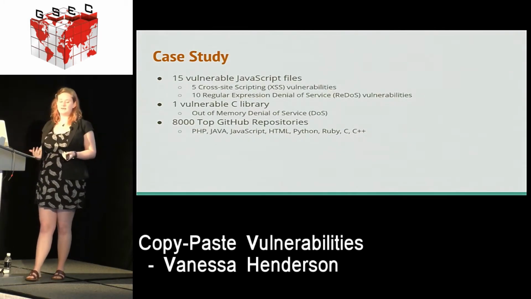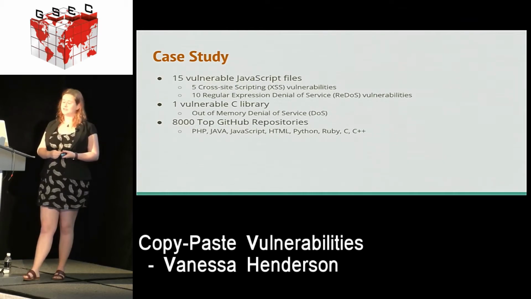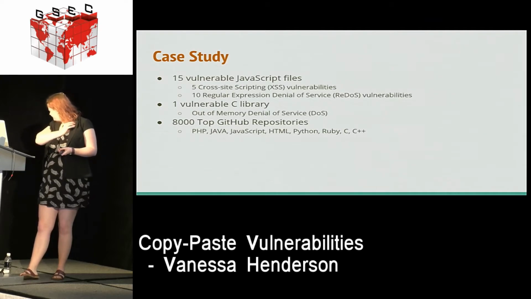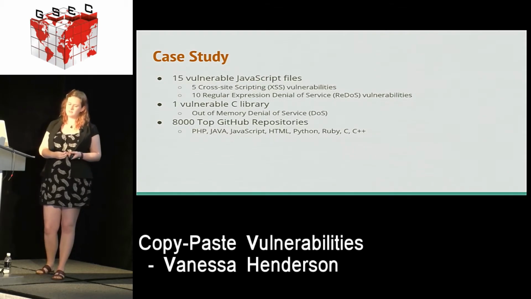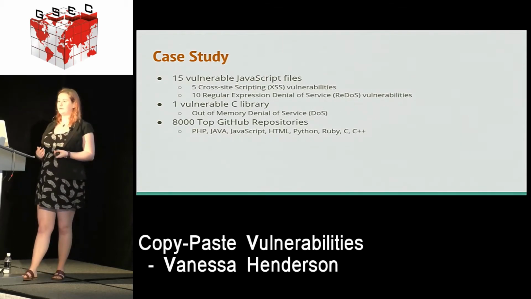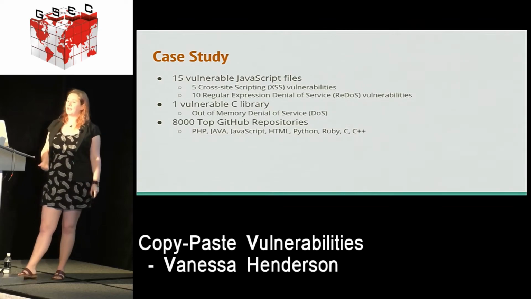Now, what exactly did my case study entail? I scanned for 16 different vulnerabilities. 15 of them were JavaScript files and JavaScript vulnerabilities. 5 of those were cross-site scripting. And then I searched for 10 different regular expression denial of service vulnerabilities. So the regular expression denial of service vulnerabilities were ones where there was a single regular expression, such as the one we saw earlier, that is responsible for bringing down an application. The last vulnerability that I searched for was in the popular package libxml from C, and it was an out-of-memory